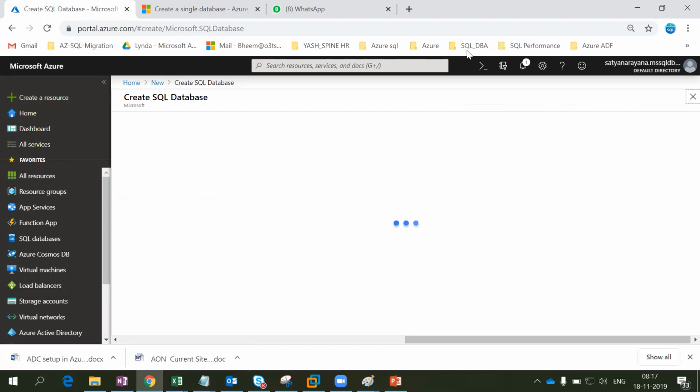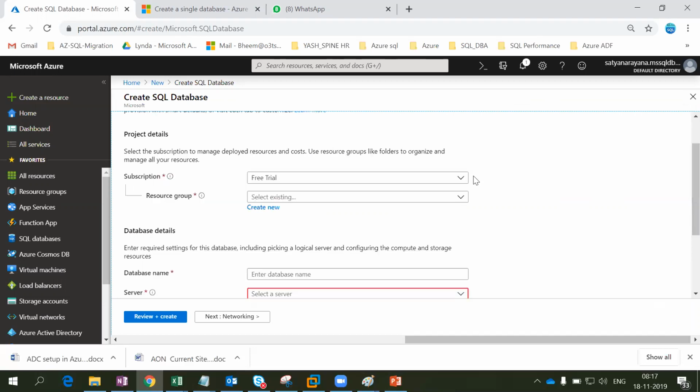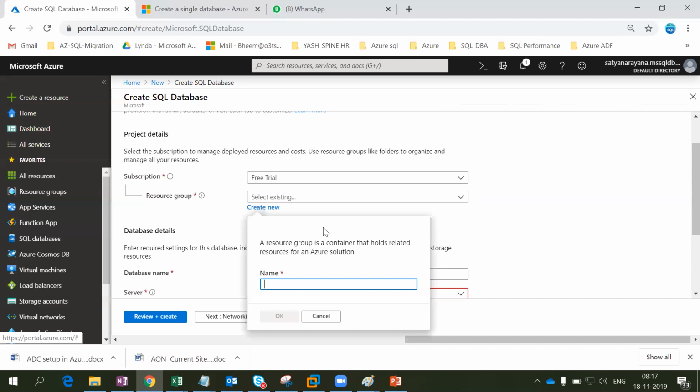Now we can see the basic information. Here is my free trial subscription. Under this tenant ID, you can maintain multiple subscriptions, guys. Here is my resource group. There is no resource group at all, because we deleted all these resource groups. Let's try to create it on the fly. What I want to tell you about the resource group is that you can name it by data center location or client name, whatever you can do.